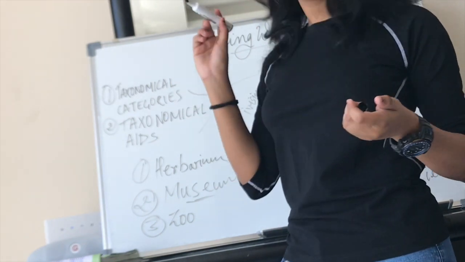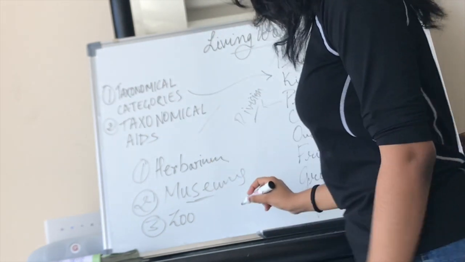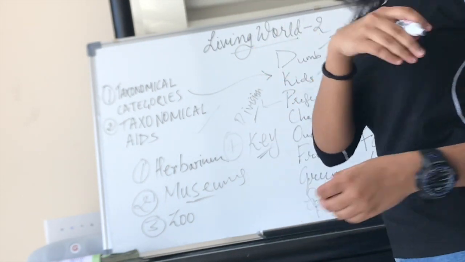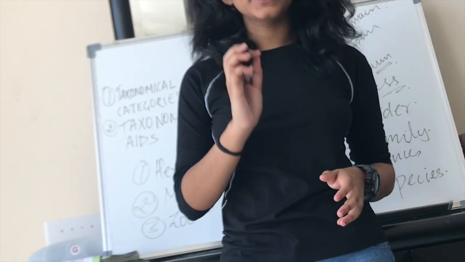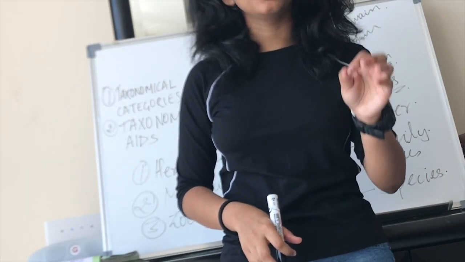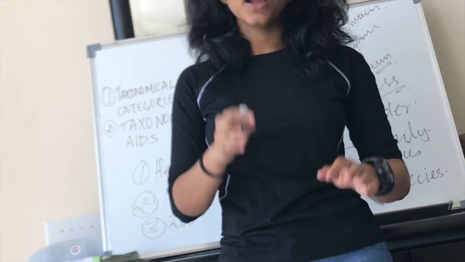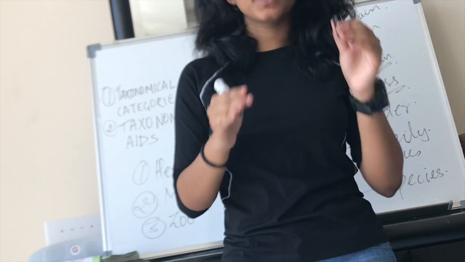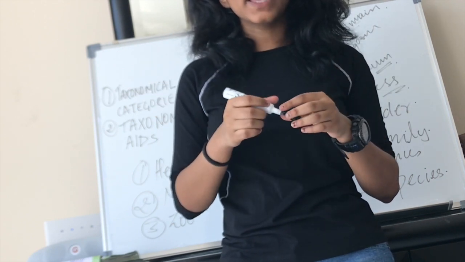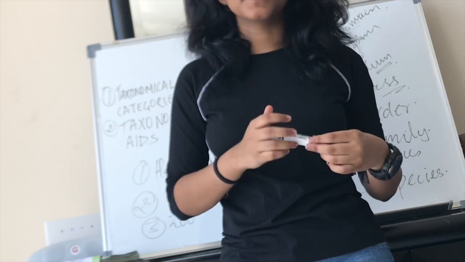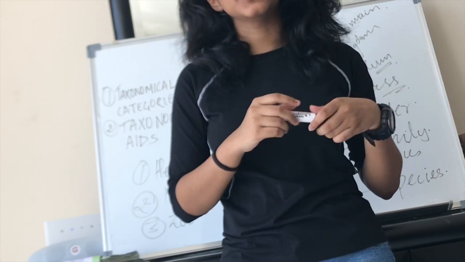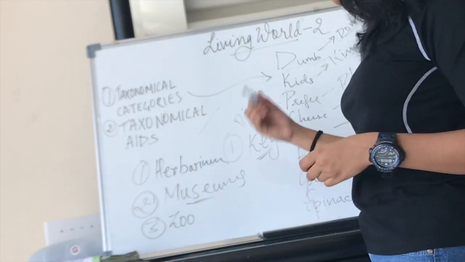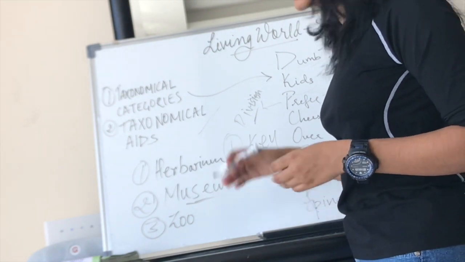And we come to the most important taxonomical aid, that is key. Key is a taxonomical aid used for identification of animals, and it's based on similarities and dissimilarities between them. Key is given as a couplet. So a couplet has two contrasting characters, and the character which is better is analyzed and chosen from it. So key is analytical in nature, and each character in a key is known as a lead. So the two important terms you have to know here are couplet and lead.